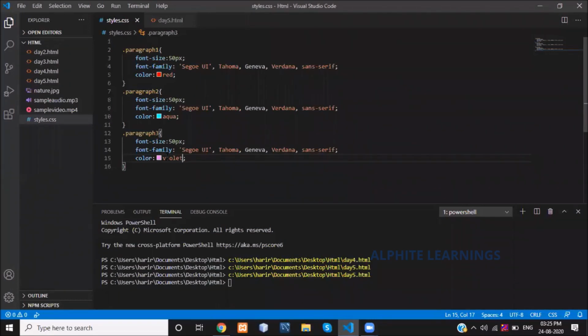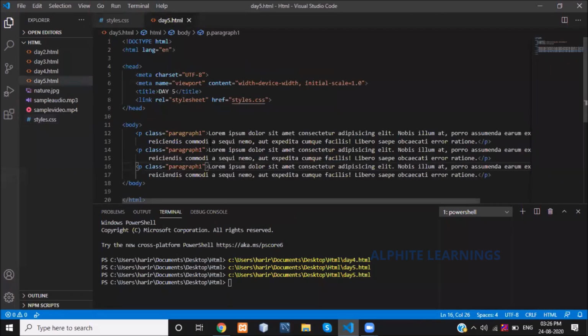If you want all the 3 paragraphs in a specific style, color, font family, font size, you can use the paragraph tag, and all the paragraphs will be displayed with whatever style properties you have mentioned. Alternatively, if all 3 paragraphs should have different font size, font family, color, then the class name comes in. For my paragraph 1, I have given the color red. For paragraph 2, aqua. For paragraph 3, violet.